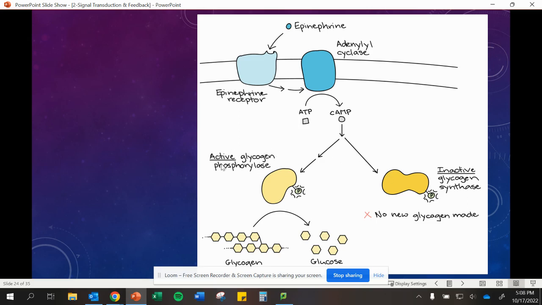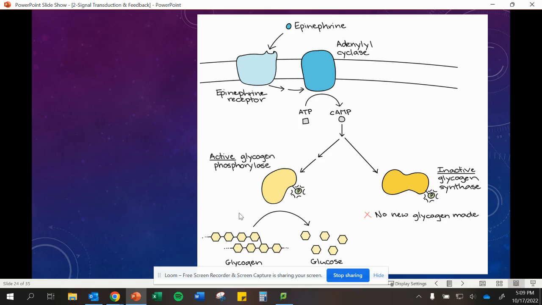It can, if we have active glycogen phosphorylase, cyclic AMP can come here. Or if we have an inactive glycogen synthase, then no new glycogen is made. So cyclic AMP can go to increase these two things in order to use glycogen, because what this glycogen phosphorylase